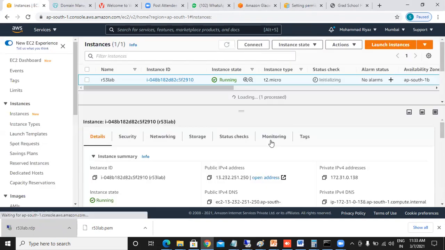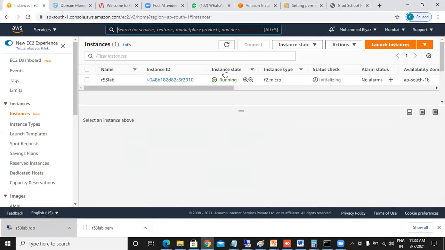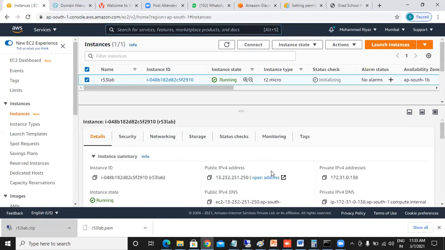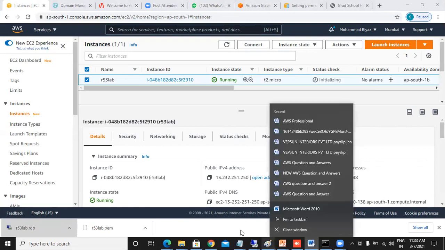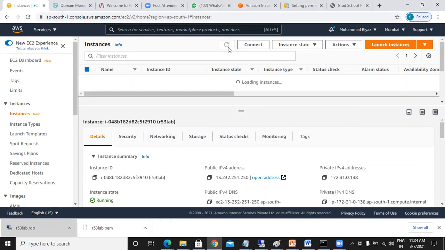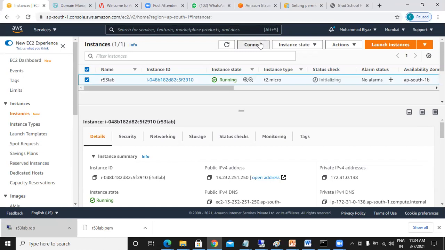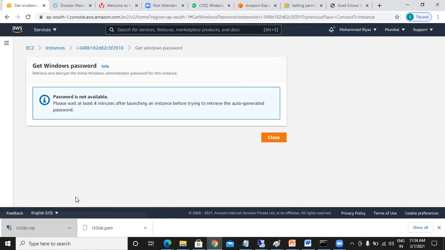Wait for a minute till the password gets loaded. Refresh, connect, RDP client, get password, just wait for 2 more minutes.